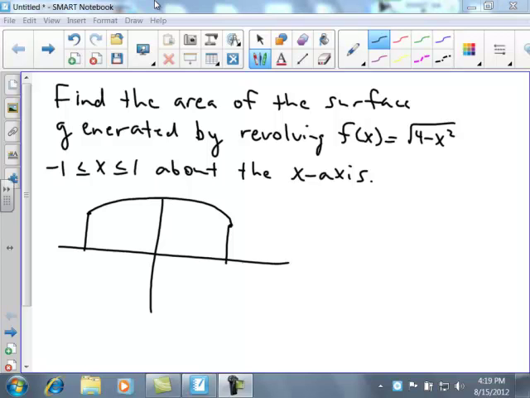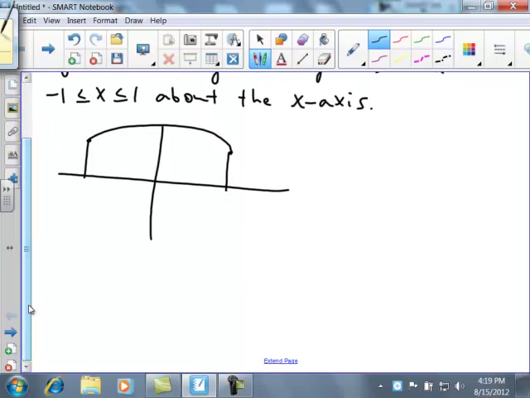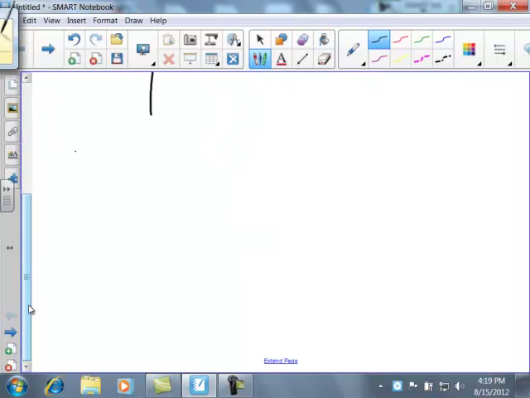So when x is -1, we have this point over here, and we have those lines as well, and then x equal to +1 as well. So there's our region that we're wanting to revolve about the x-axis. So we have a horizontal axis of revolution. So by definition for surface area, since we have a horizontal revolution, our surface